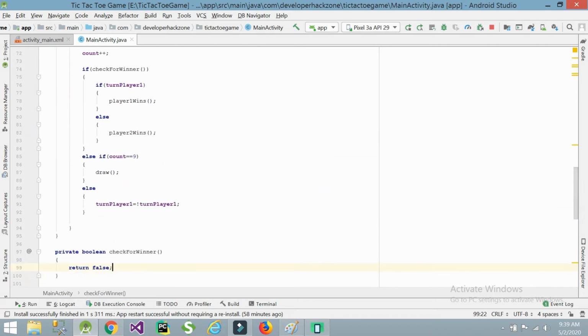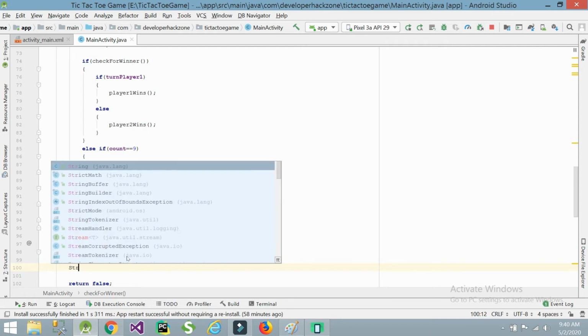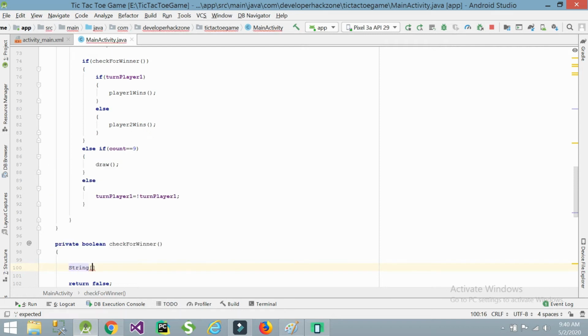Next we need to check for the winner. In this method we need to write the critical logical code. So before writing, think once. There will be a total board as a 3x3 board, so for that I am taking a new string array.